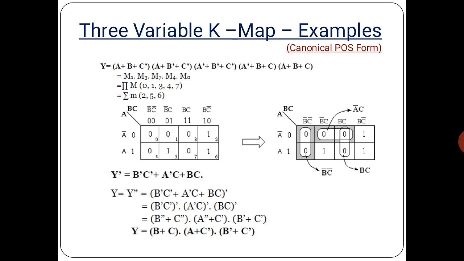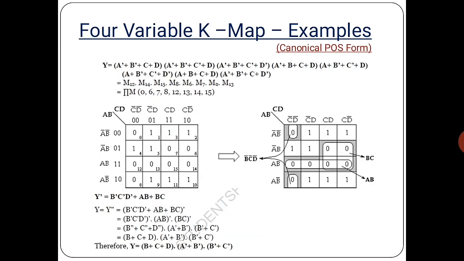So we don't want to write it down like that; we can write it like this also, or otherwise we can just take the variables, complement the particular variable and write down the final expression. For the first grouping we have the variables b bar and c bar, so y will be equal to the complement of each variable. B bar complemented is b, c bar complemented is c, so it will be written as b plus c. You can directly write it like this without the middle steps, or otherwise write them down and then see the final expressions.